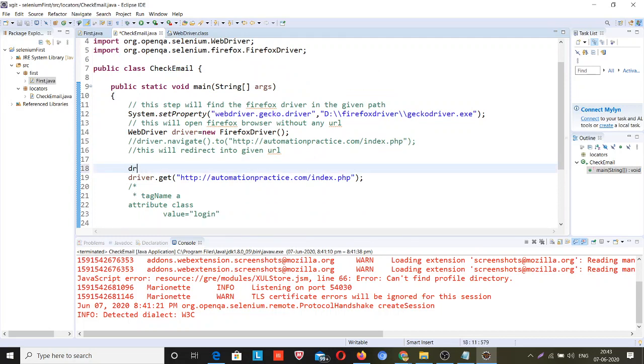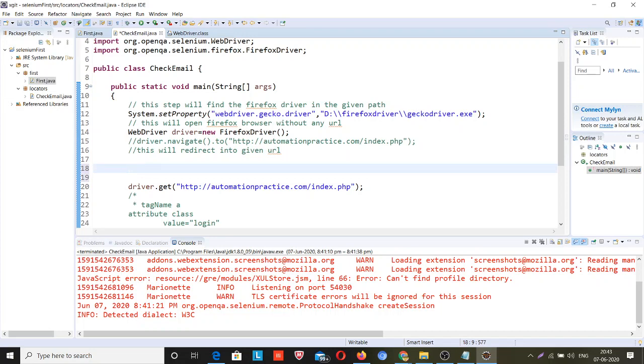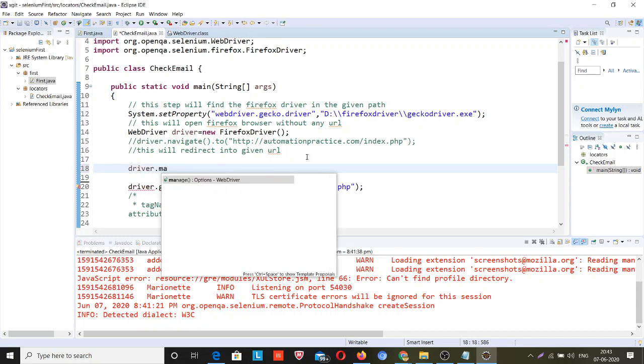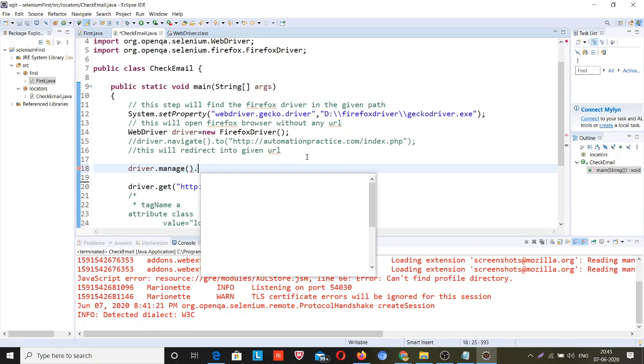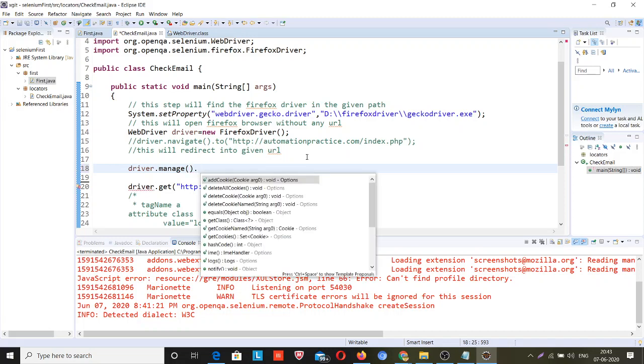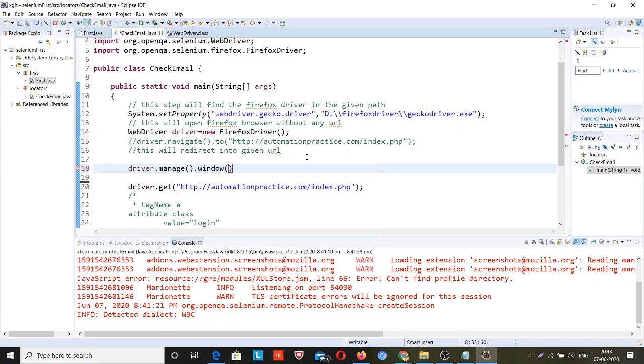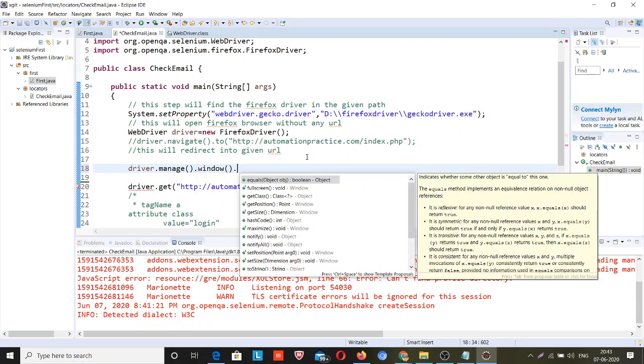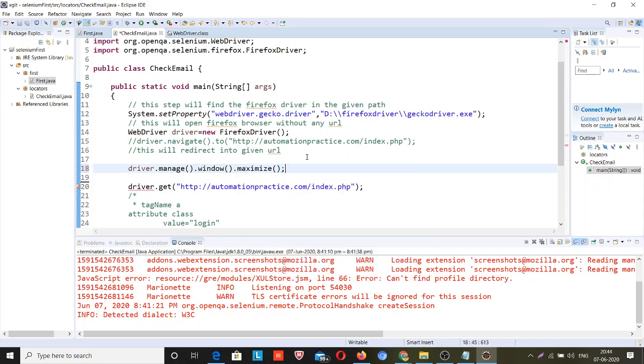Everything related to the browser is done by the driver. So the driver should know what it has to manage: the window, and in the window, full screen, maximize. So you need to maximize this window.